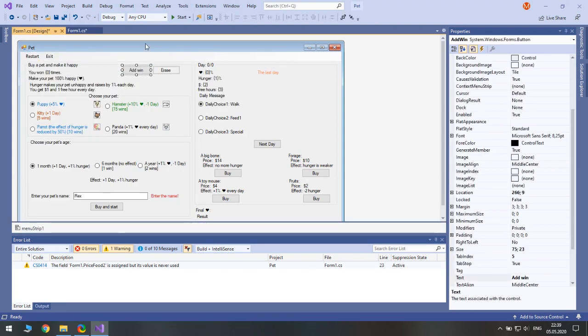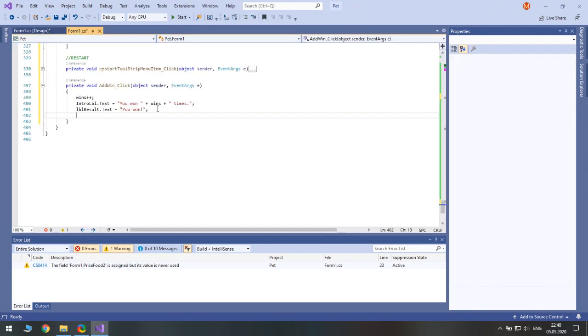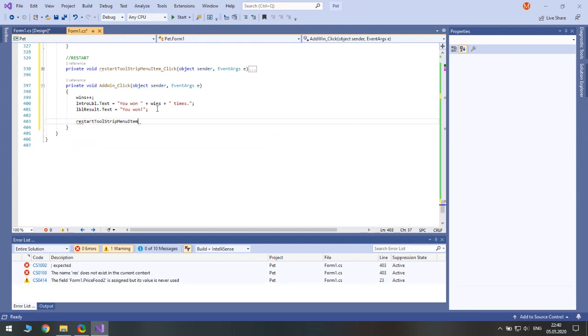and let's after every such win restart the game, because we need to update all these values and make all the checks again. So we will simply call the click event of restart. So restart toolstrip menu item click.